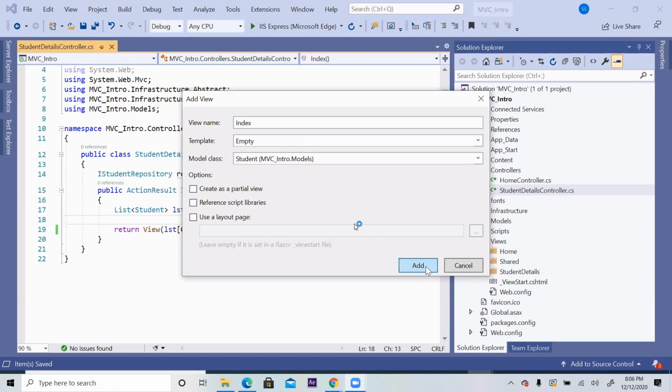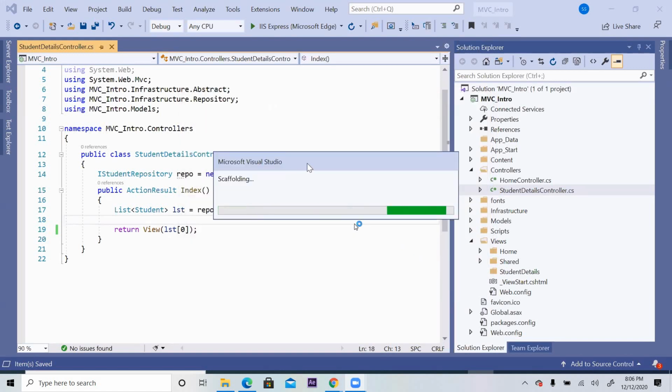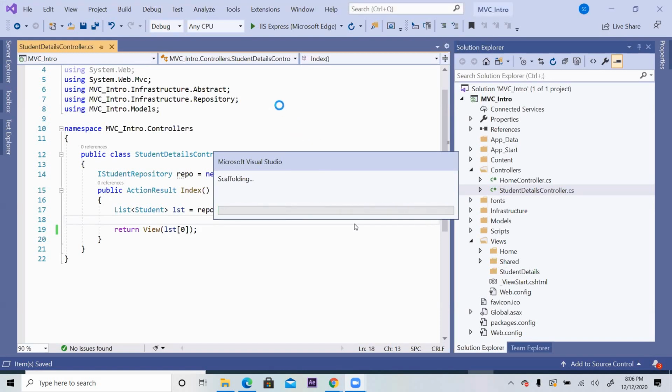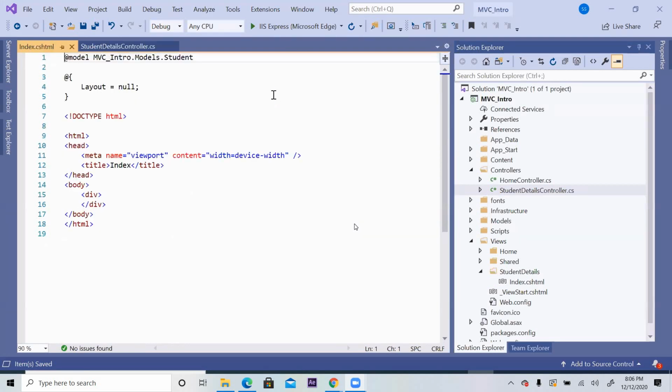So this will give me one empty view without any coding. Only whatever model class we mentioned, it will keep that model class at the top of the view. Have a look, line number 1, it has mentioned the model class name as Student. And apart from that, nothing else.